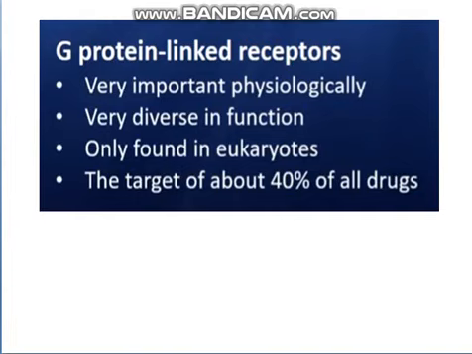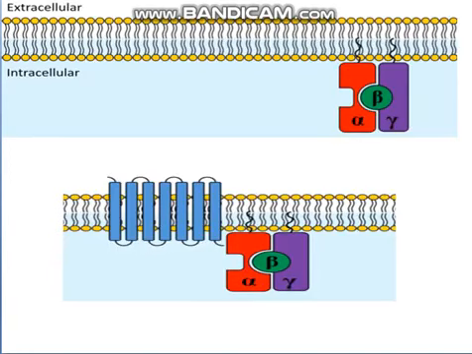So they are very important as far as physiology is concerned, and they are very diverse. They have 40% targets, as I told you already, and they are only found in eukaryotes. They are not present in the prokaryotes. So here is the brief structure, or the cartoon,